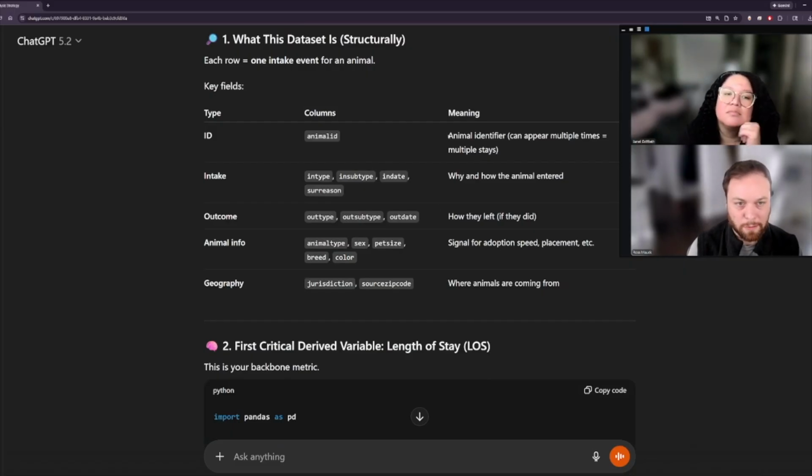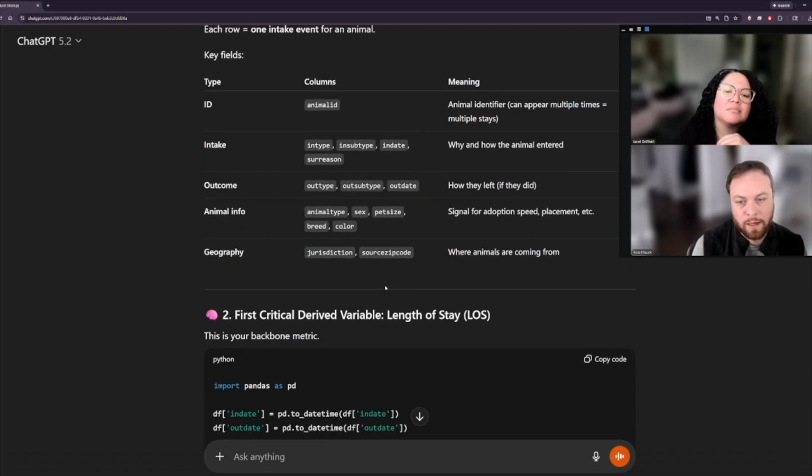to. We have our animal identifiers for each row. We have all this intake information, why the actual animal entered. Then we have all this outcome information: when did the outcome happen? What was the type? Was it an adoption? A secondary subtype that could be useful in certain situations. Information about the animal, and then different information about where it was found, where it's coming from, where was the